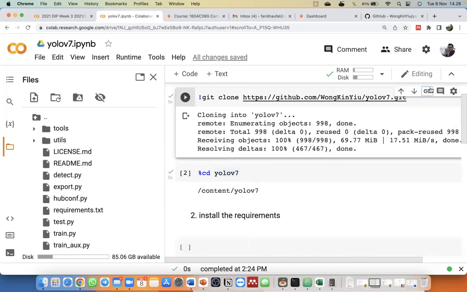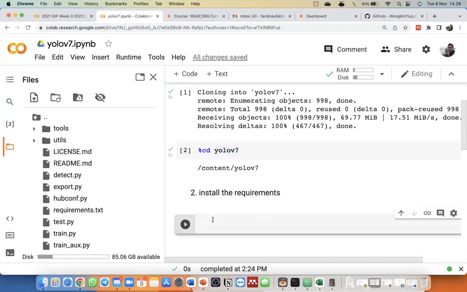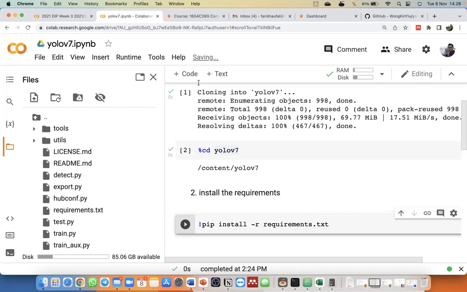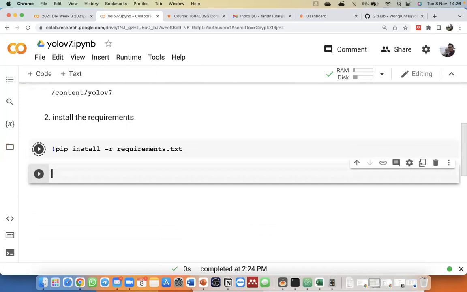Then we need to install all of these requirements. But actually there is a simple way: we can just call pip install -r requirements.txt. It will install automatically all of the libraries or packages stated in requirements.txt. So this one, we install the requirements.